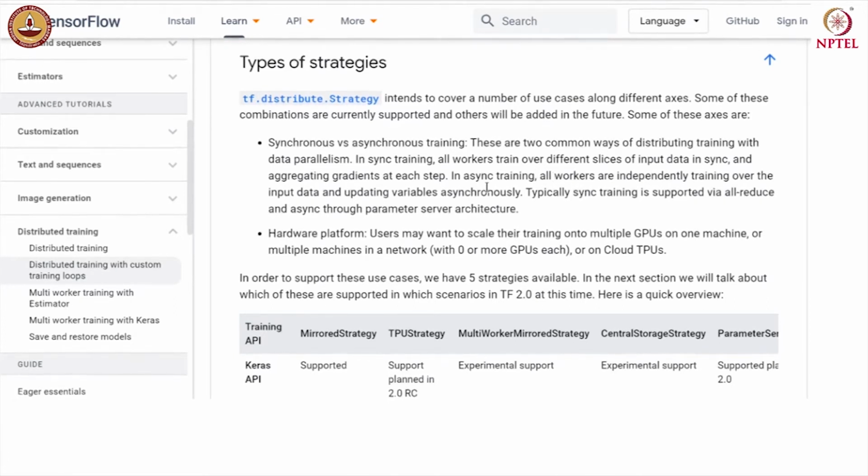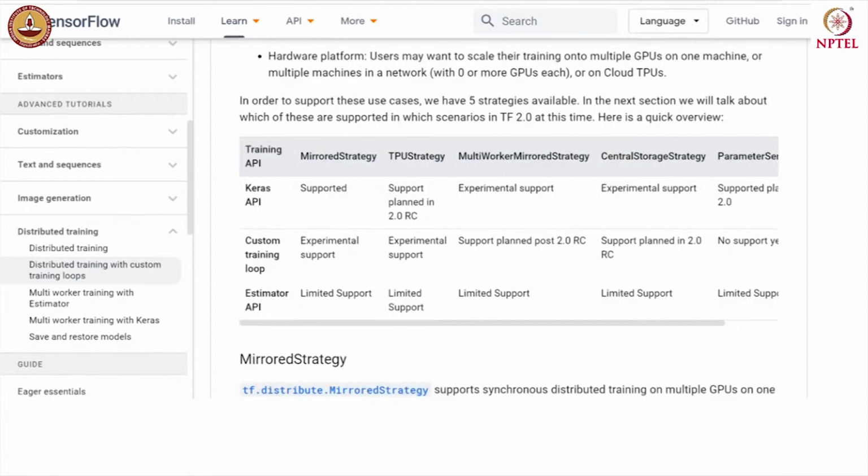The second axis is the hardware platform. User may want to scale their training onto multiple GPUs in one machine, or multiple machines in a network, or cloud TPUs. So, in all we have 5 strategies. There is mirrored strategy, TPU strategy, multi-worker mirrored strategy, central storage strategy, and parameter server strategy. And we looked at each of these strategies through illustration a few minutes ago.